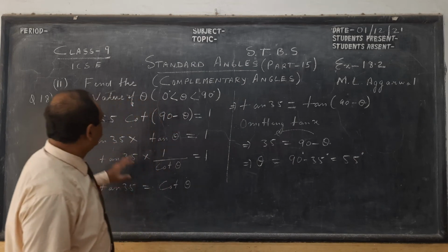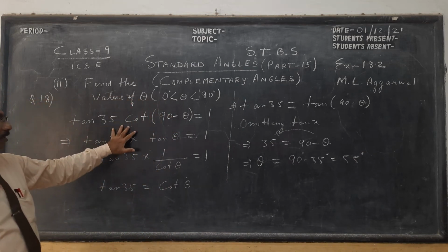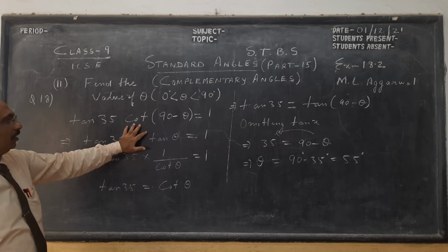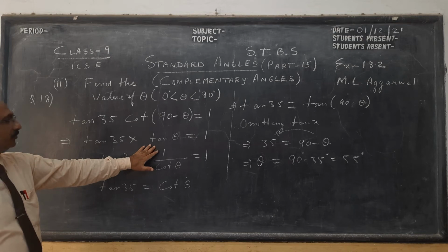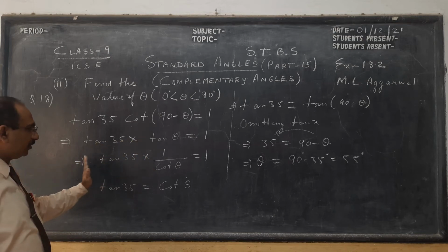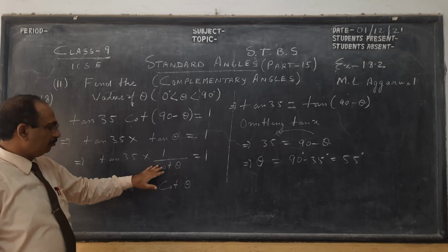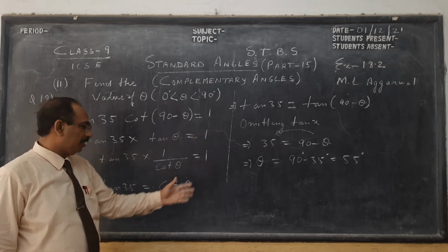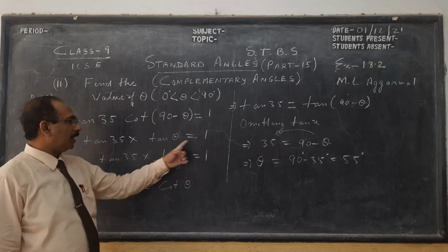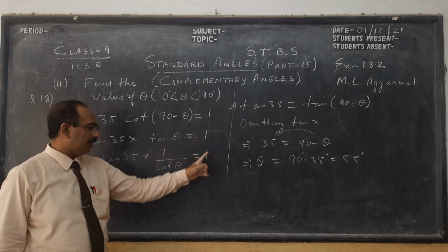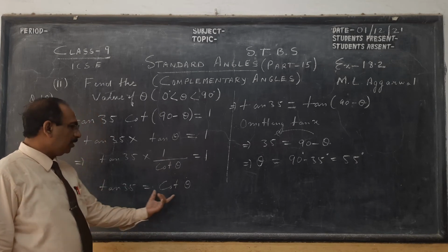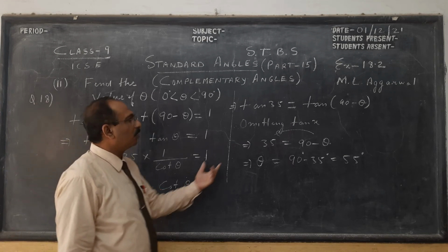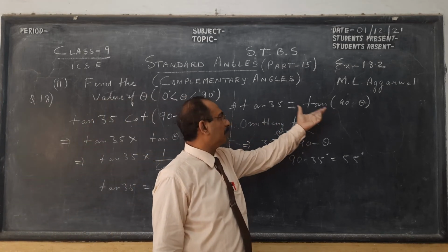So once more, a little tricky sum, tan and cot we have. First, cot 90 minus theta we write as tan theta. Then both we have tan, but since we have to equate tan, we write 1 by cot. A tan can go to that side, another logic: 1 by tan will give you cot on the other side, any logic you do. Tan going to that side, I could have done directly, 1 by tan is cot. So now tan and cot I cannot equate, either I convert tan to cot or cot to tan. So here cot I convert to tan. We could have done it the other way around.